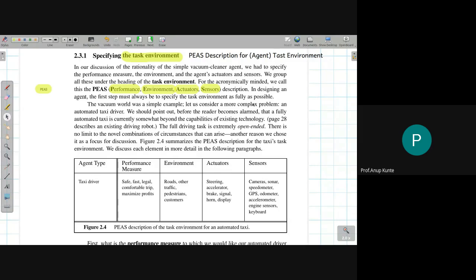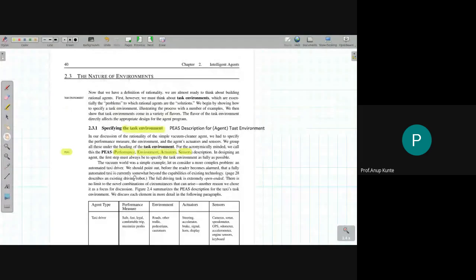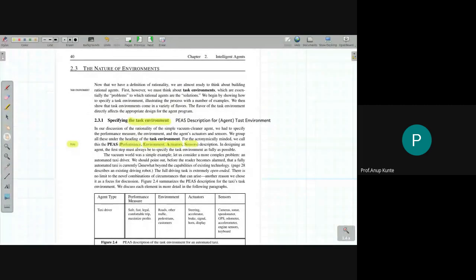Third thing, the actuators and sensors are very important and integral part of the agent's behavior, and we should be thinking about them when we are analyzing the situation that we are going to replace with an AI solution or AI based solution. We should be able to understand, for the AI that we are going to create, what could be the actuators, what could be the sensors. This is one example over here in the book. Now that I've shared the book with you, I would like you to read it leisurely, not right now. It's on page number 40 in Russell Norvig.